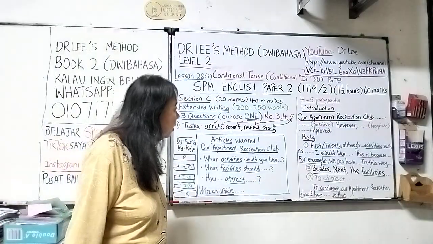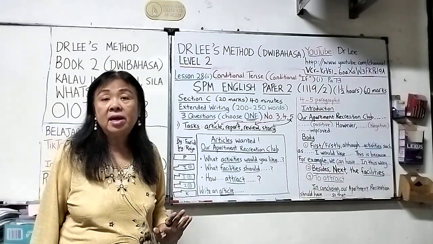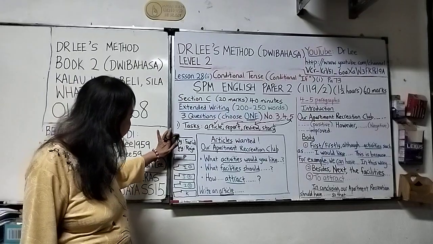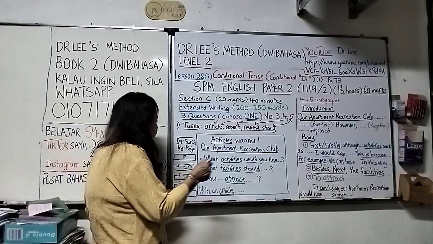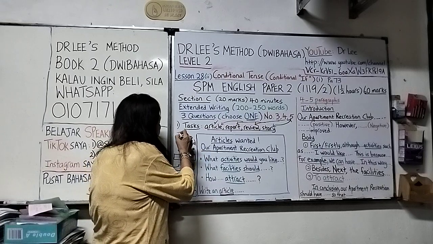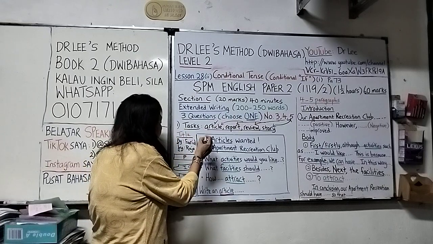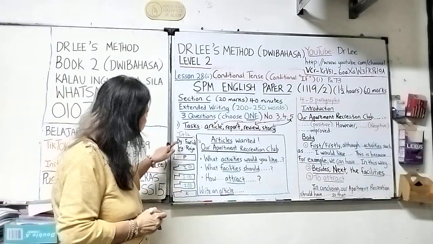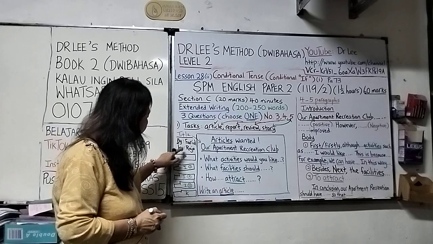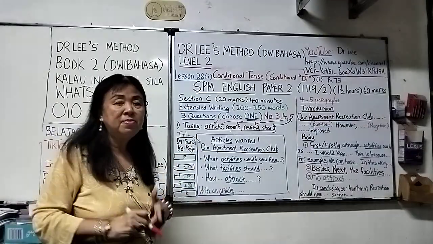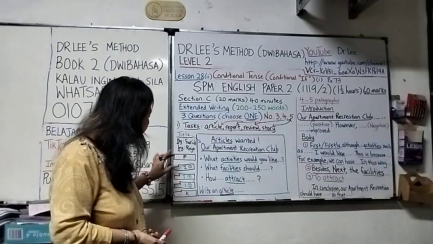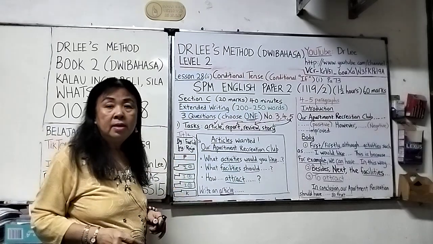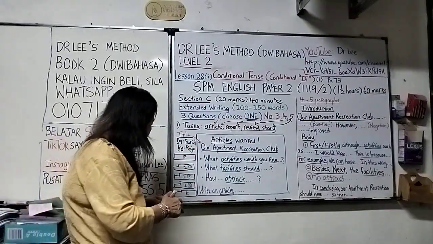Okay? Now, how do you write an article? The format is here. Very easy. First, you write the title here. So this is the title. The title could be this: Our Apartment Recreation Club by. You can write big letter or small letter, and then your name. Here I just give you example, Farid Raju, names only. And first paragraph you can write at the margin. The first paragraph, what you call the introduction.